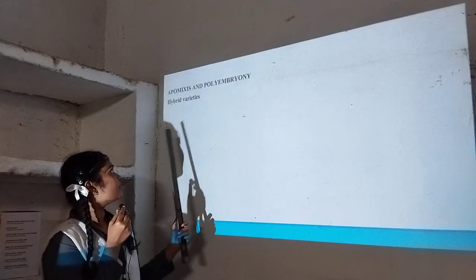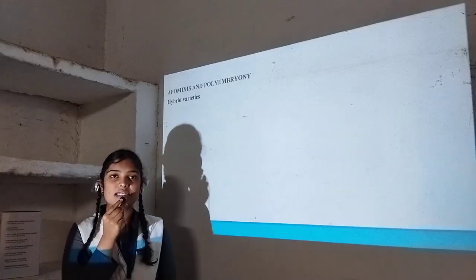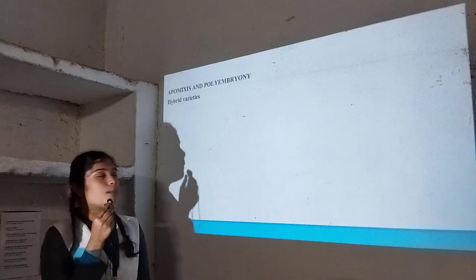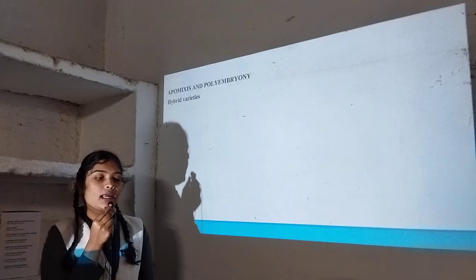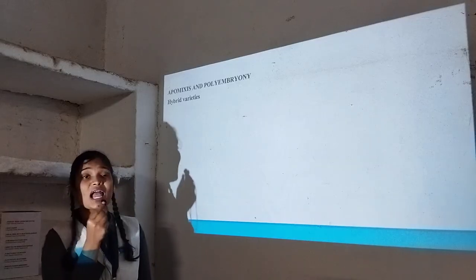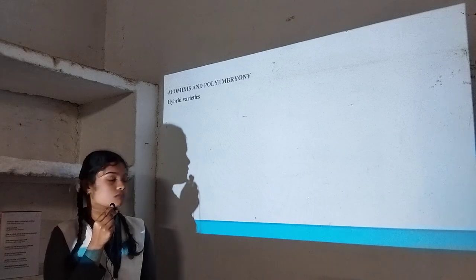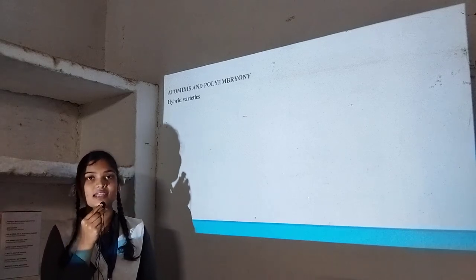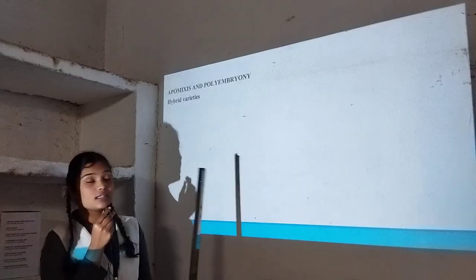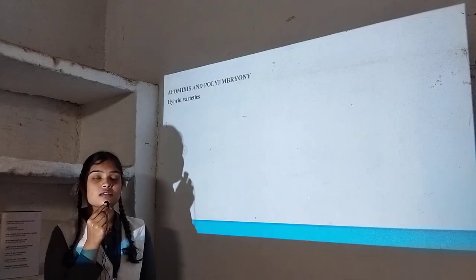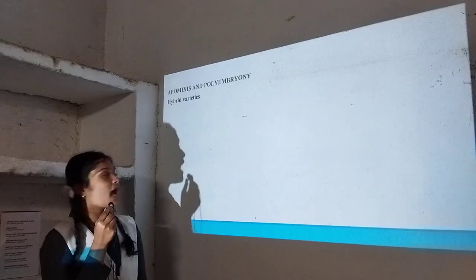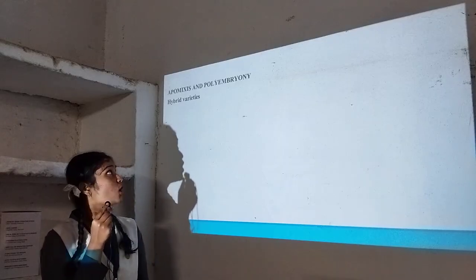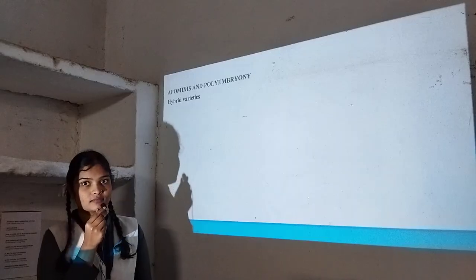Now the hybrid varieties. The hybrid varieties are very costly for the farmer, because they have to be produced every year, and if the seeds from the hybrid variety are sown again, it will segregate itself. Here apomixis is useful in hybrid variety crops, because due to apomixis it will not segregate.